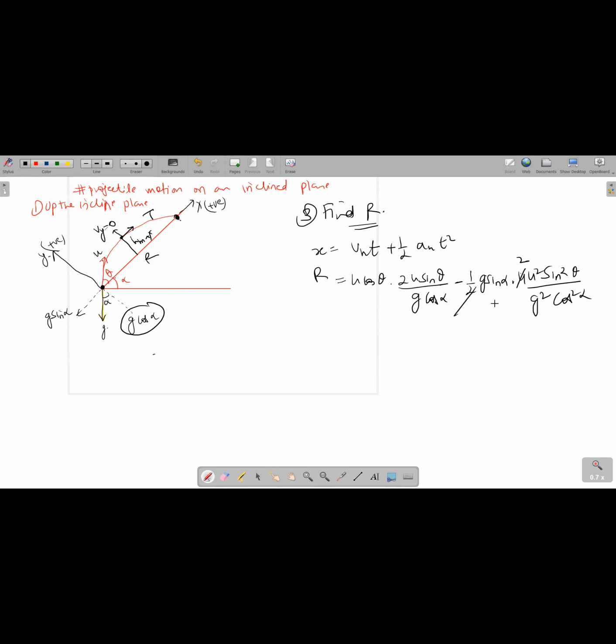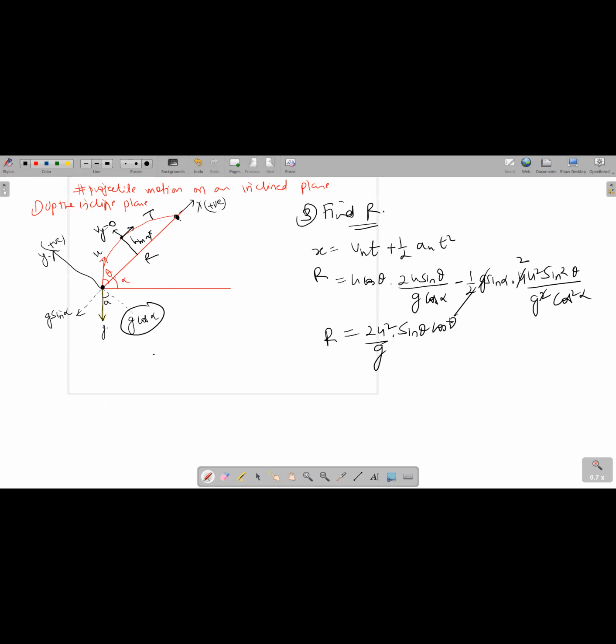2 and 2 cancel, g and g cancel. Now we have, see, this alpha is constant, right? Only theta can vary. So we'll talk about that later. First, let's find r. So r is, you can see here, 2u square upon g into sin